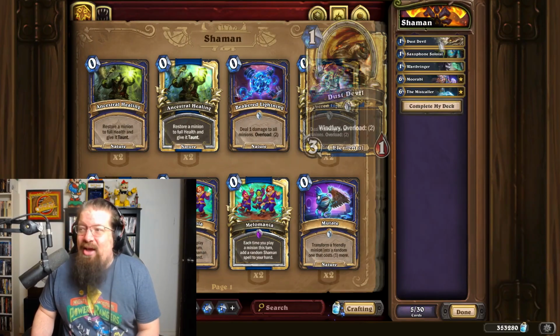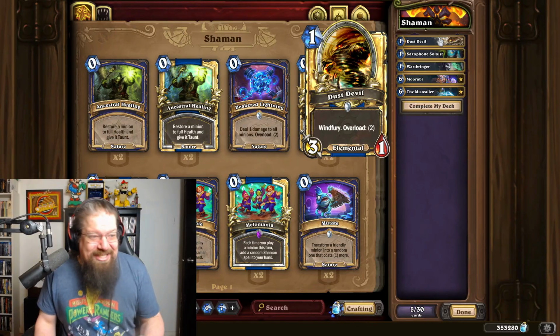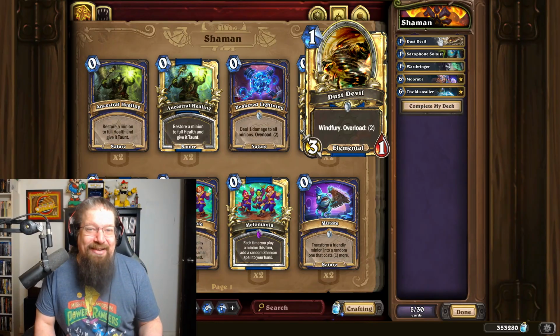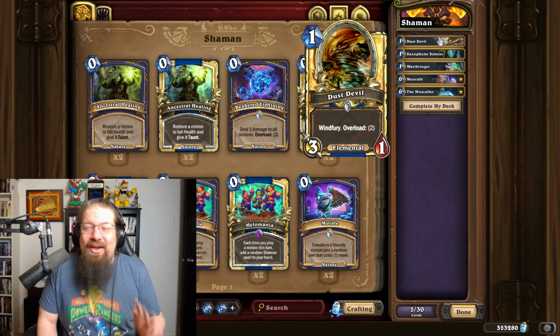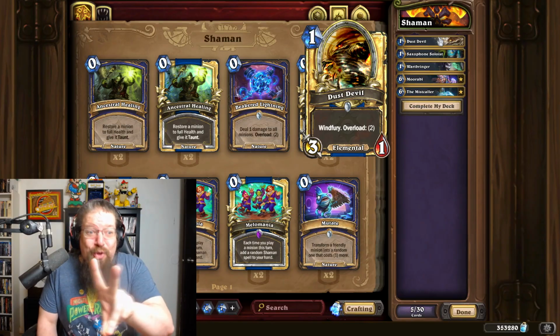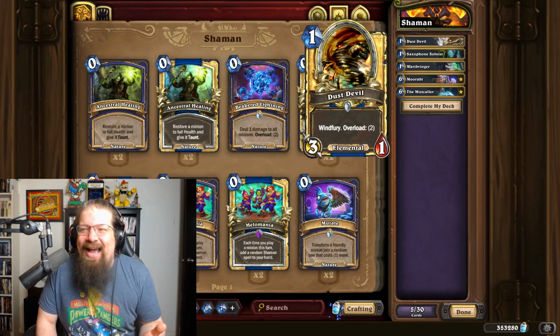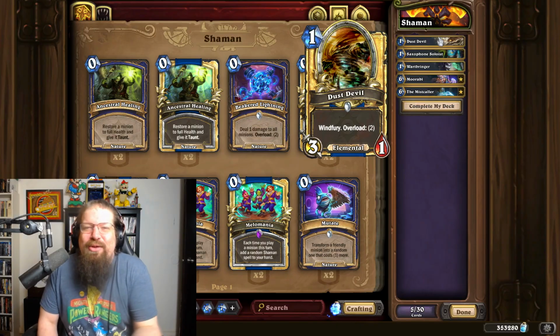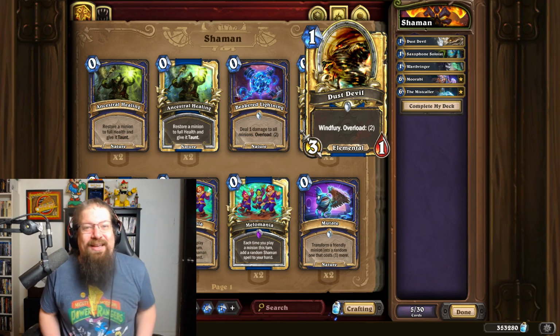Shaman, we have to go with Dust Devil. I know this is way back in the old days. This is an exception for me even by Legacy standards. Even in Legacy, it was an anomaly in how bad it was. 1 mana 3/1 Windfury, Overload 2. This thing always died, and then you just died. If you overload 2 at any point early in the game, you're losing that game,